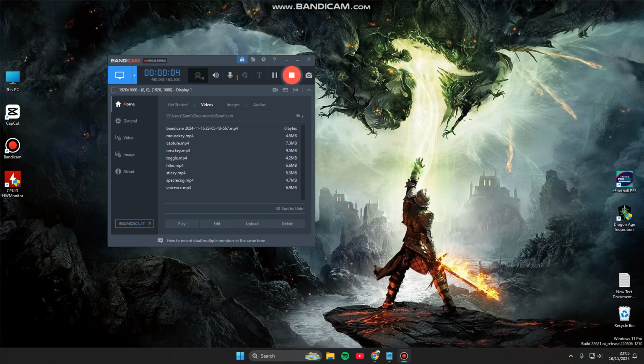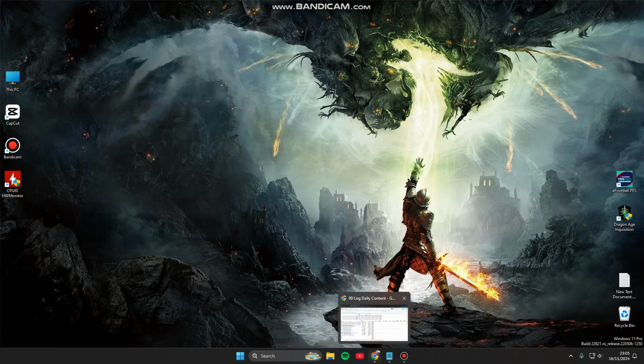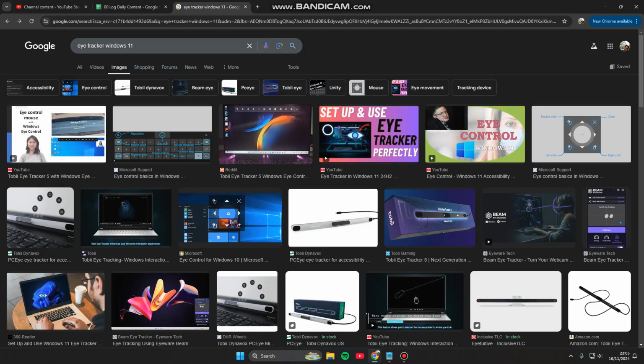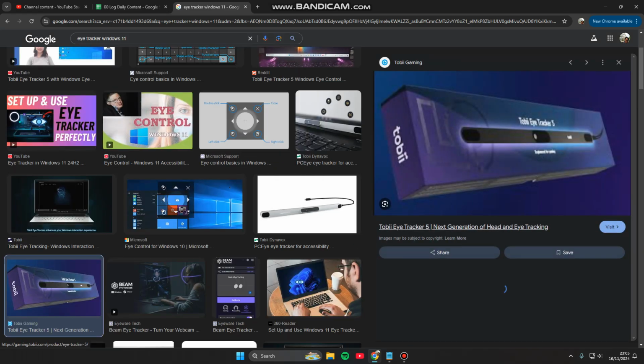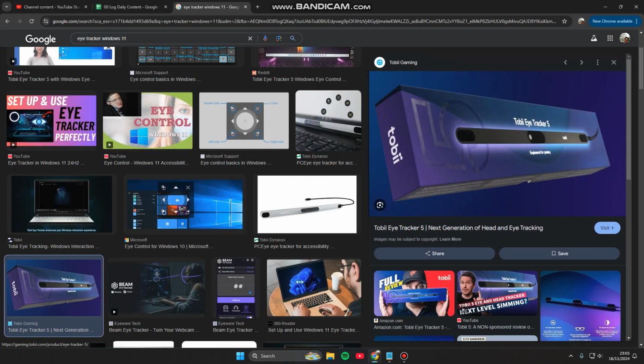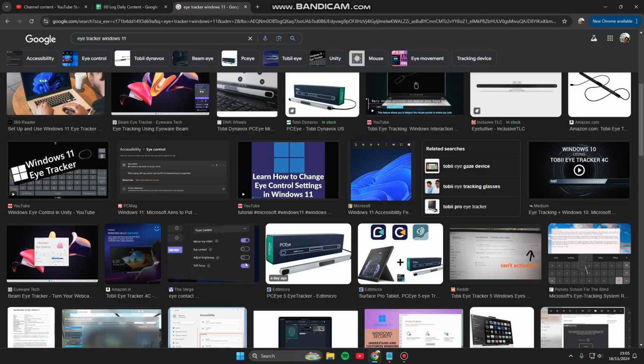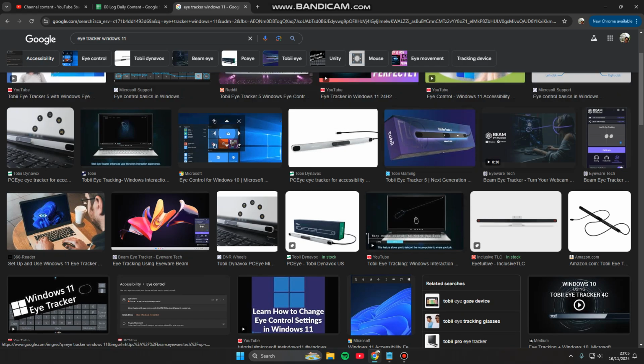Today I'll show you how you can use eye control on your Windows 11. So if you want to use the eye tracker on your Windows 11, like this Tobii eye tracker or some device that is installed on your Windows system,